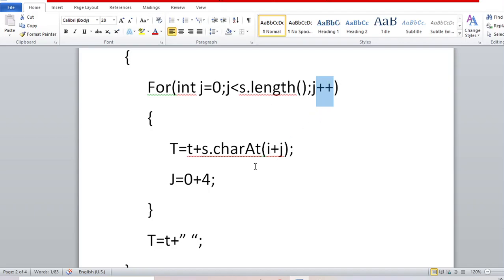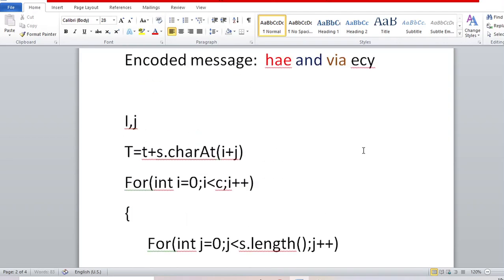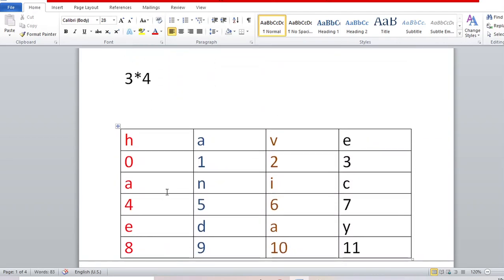So it will be 5. So to avoid this plus, we need to make a minus 1 here. So here it is 3, 4. They will check, yes, this 4 is in between the length. Then it will be 4. Then 0 plus 4 will be A.